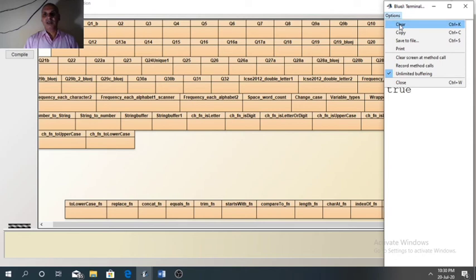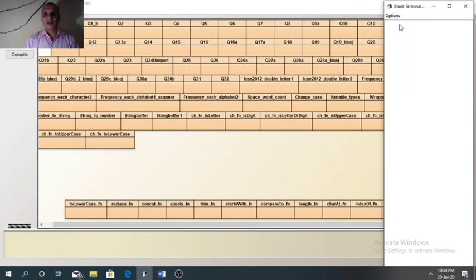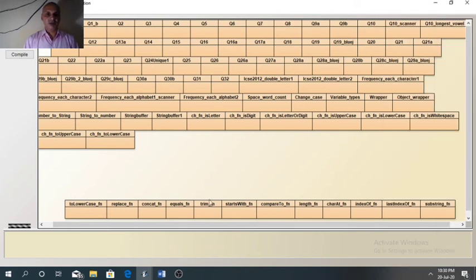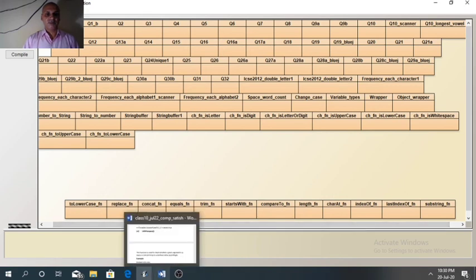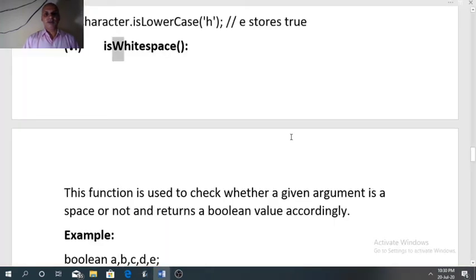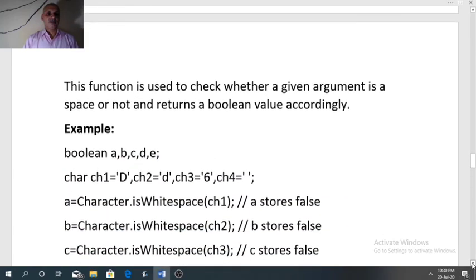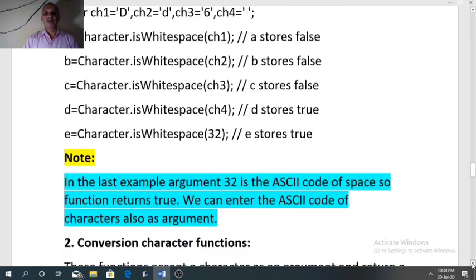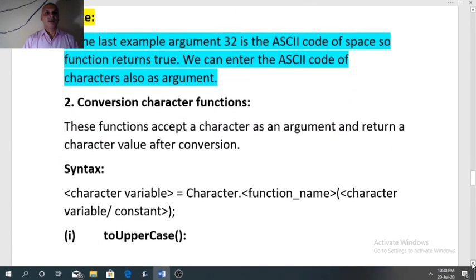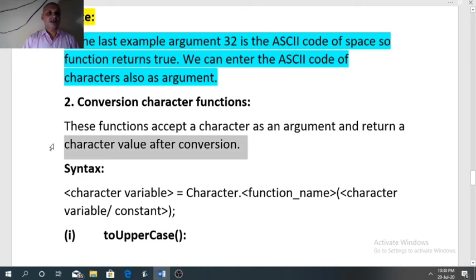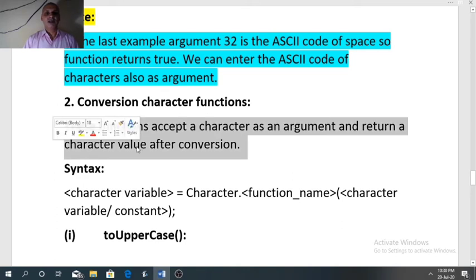Now all the six functions are over which belongs to Boolean category. Now we will see the functions which belong to conversion functions. Conversion character functions. These functions accept a character as an argument and return a character value after conversion.